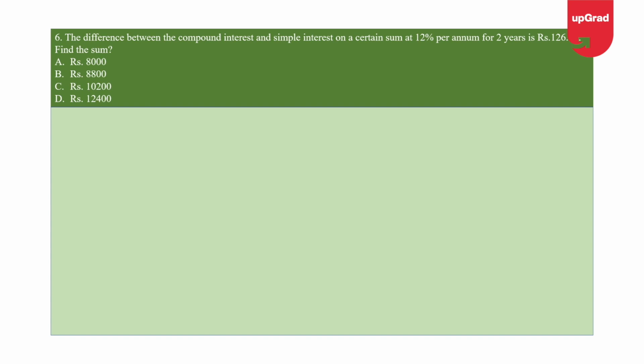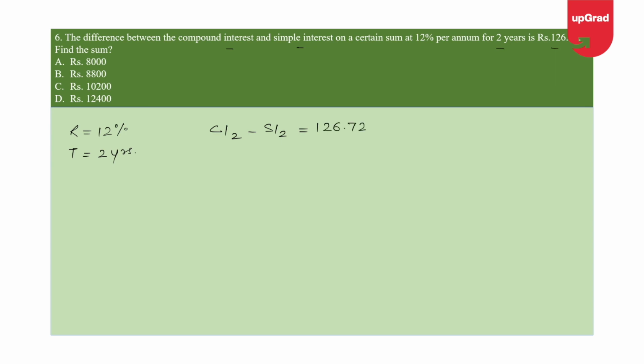The difference between the compound interest and simple interest on a certain sum at 12% per annum for 2 years is rupees 126.72. Find the sum. Now look at what the question is talking about. Here it's given that the rate of interest is 12%. Time is given as 2 years. And it's also given that compound interest for 2 years minus simple interest for 2 years is given as